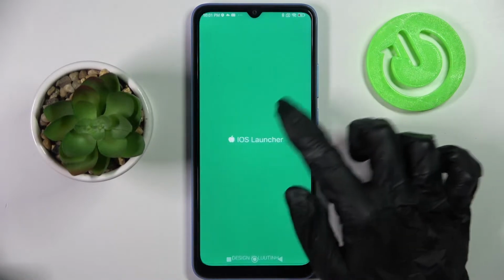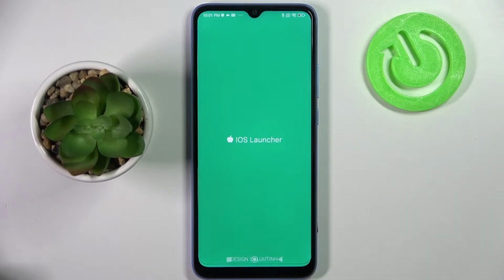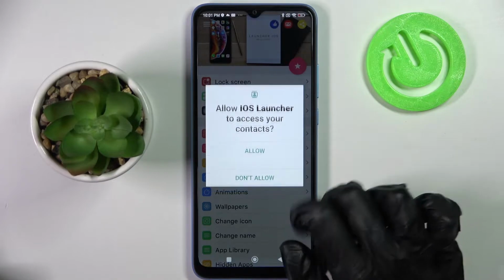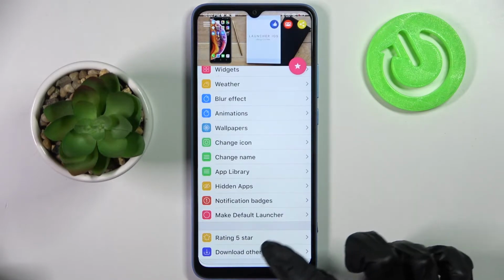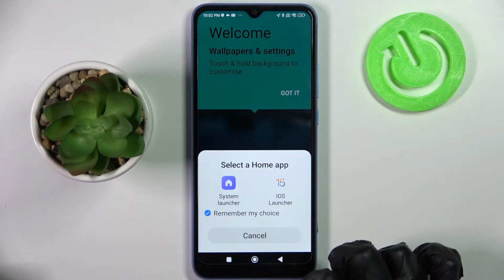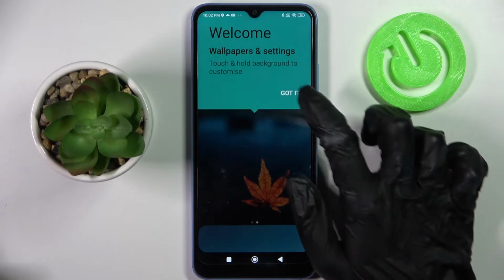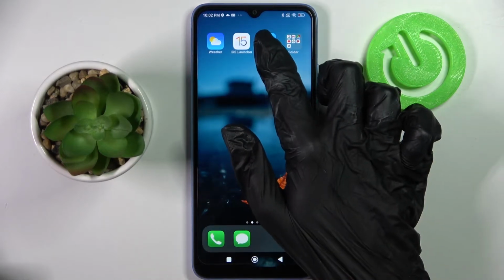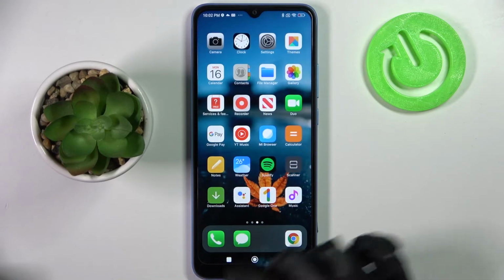Now you need to wait for the pop-ups to show up, and when they do, choose while using the app and allow in all of them. So while using the app, allow. Then click on Home button, choose iOS Launcher, tap on Remember My Choice, select iOS Launcher again and click on Got it. As you can see, Apple layout was applied successfully on my smartphone,